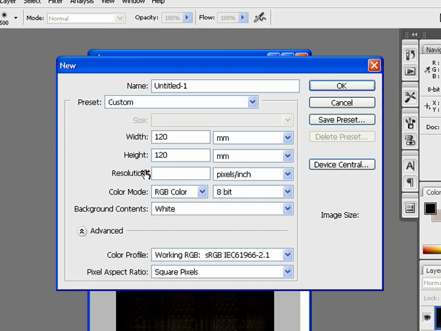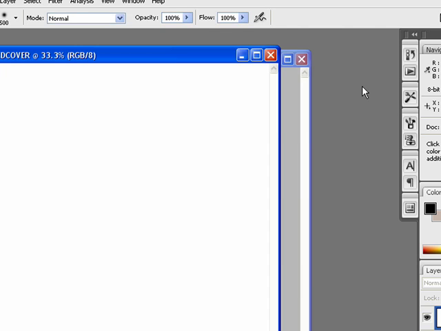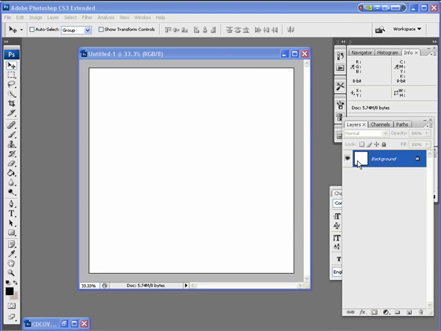A lot of mistakes people make is leaving this at 72, which is fine for television, but it's not good for print. And what will happen when you print your document out is that you'll get jagged edges, and the quality won't be as good. So make sure for anything that's going to be printed, this is at 300 pixels per inch. And our pixel aspect ratio is square pixels. Okay, and that's our new document. I'm just going to name this CD cover, and we're ready to go. So the first thing we're going to do is unlock the background under your